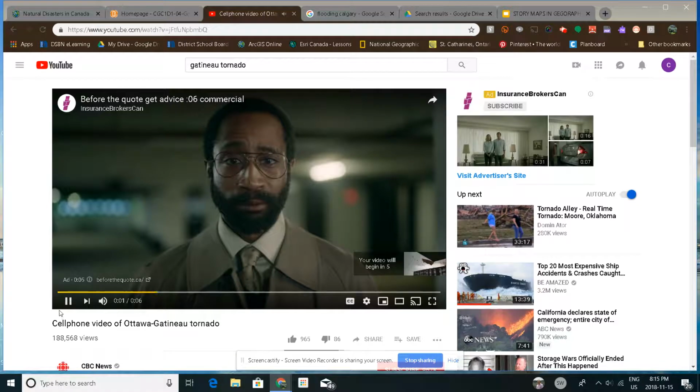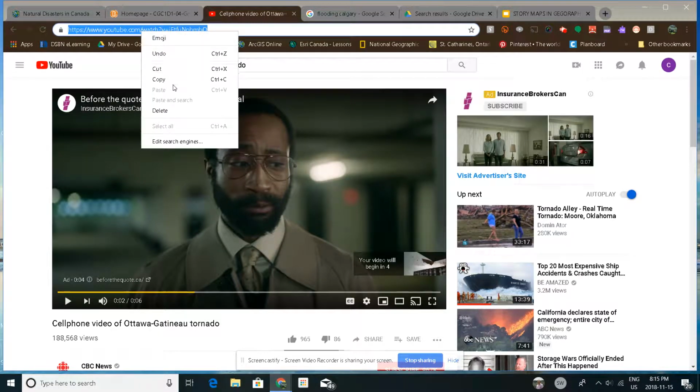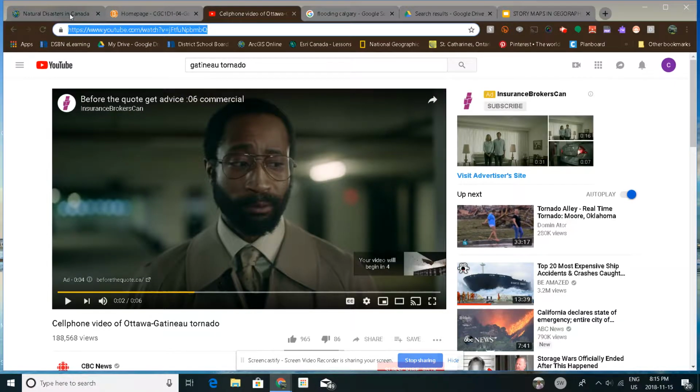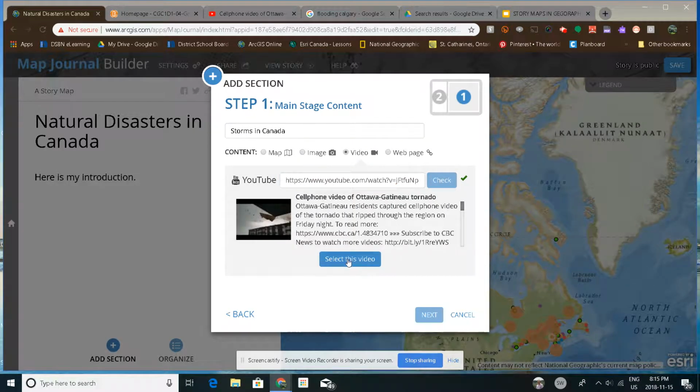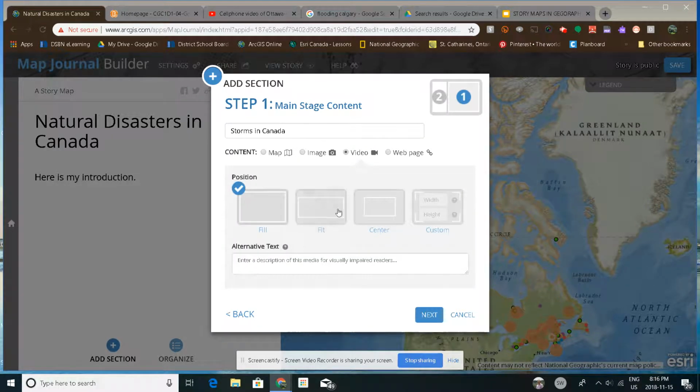This is a good one. So I'm just going to copy the link and go back to my story map and throw it in there. I have to click check and then select the video. Now, this part isn't so important for videos. Usually it fits just fine, but you're going to find with images, you're always going to want to click on